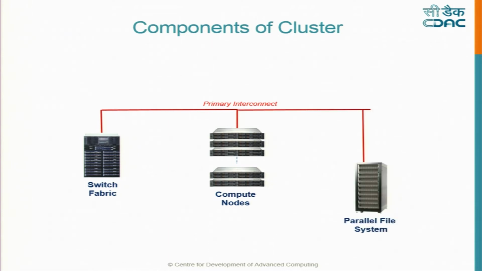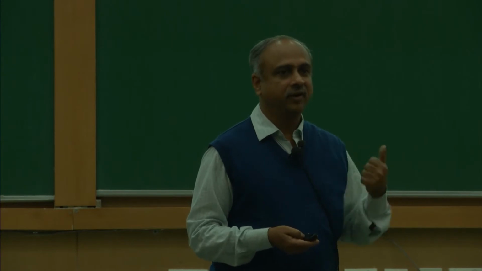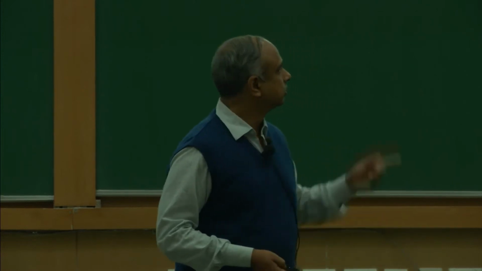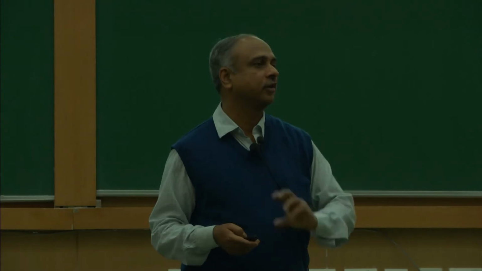Now, if so many compute nodes are running a program, as was told in the morning, the actual data resides on the hard disk. Your data and code reside on the hard disk, which is non-volatile memory. If it is in the RAM or cache, when you turn off the system, it is going to be lost. So the origin of your program, data and code is in a parallel file system. This is a different kind of file system, and how it differs from a normal file system is that it allows multiple programs to access parts of a file.